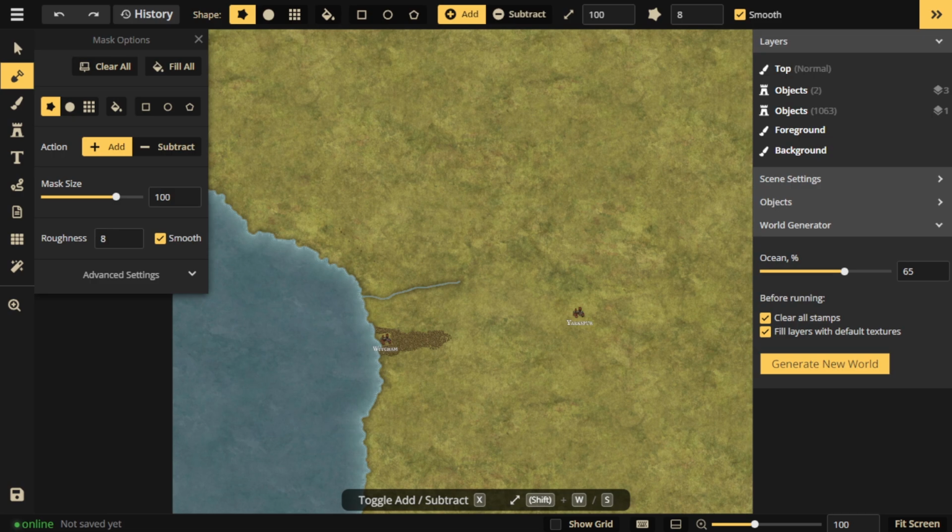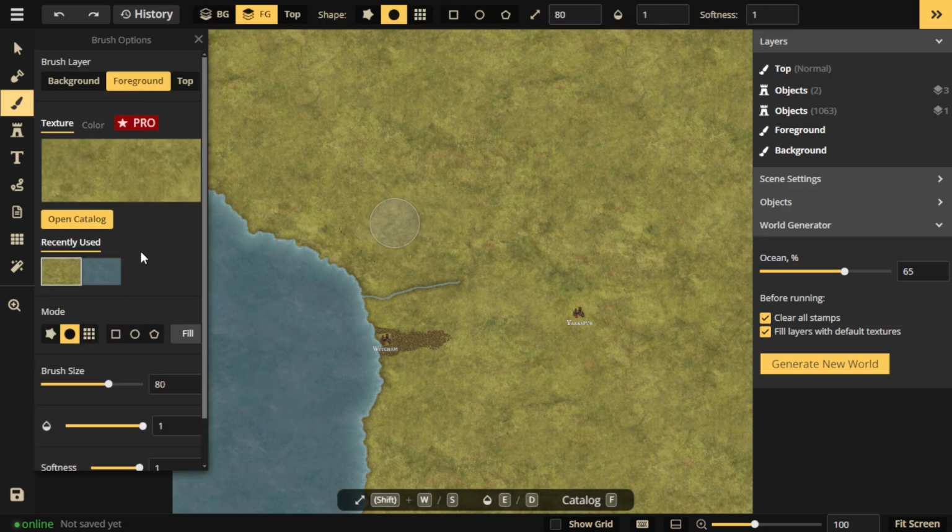Another pro for Inkarnate is how easy it is to use the system. Now, like everything, it does have a bit of a learning curve to it, depending on what you're trying to create, but the tools are fairly laid out in a simple format. So they all come with tooltips to tell you what each tool will do, and you have a variety of options that will help you create just about anything that you'd like. Unfortunately, some things are locked behind the pro paywall, so you only have access to so much.